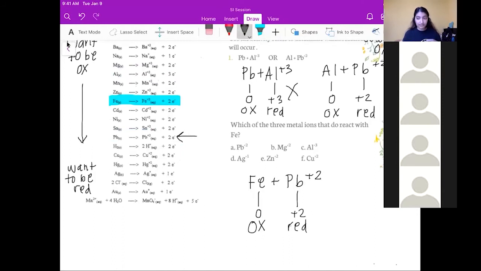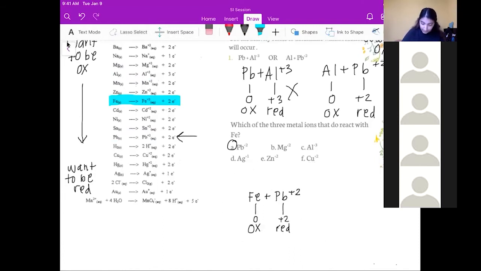So would Pb plus 2 occur or no? I see one yes. Anyone else? Yes, yes. Correct. So Fe plus Pb plus 2 is a reaction that would occur because Fe is higher on the activity series than Pb, and since it wants to be oxidized, this reaction would occur. Let's do one more in this way, and